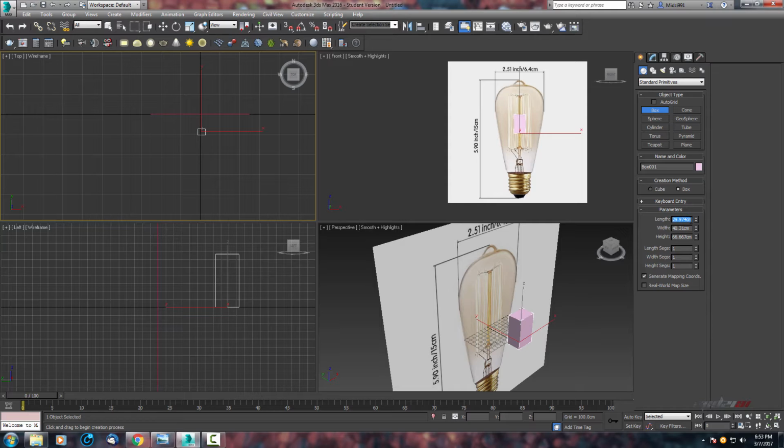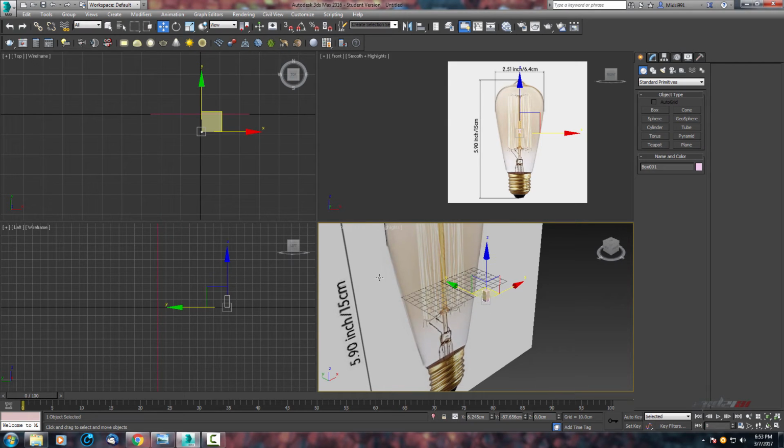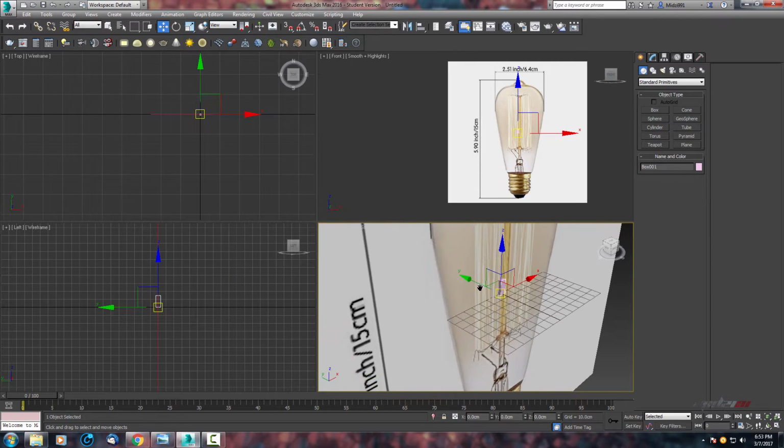And now here let's set the dimensions of the real bulb. So 6.4, 6.4 and 15. Now select move and right click here to set it to center,